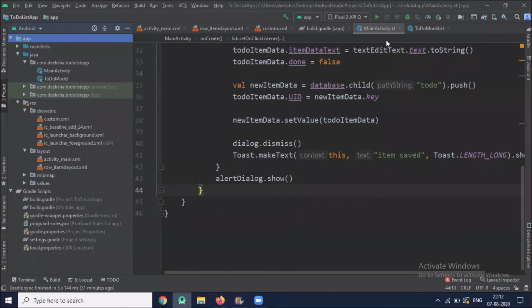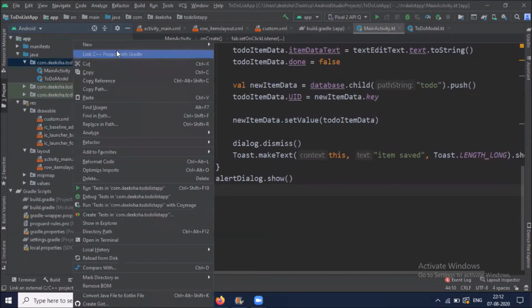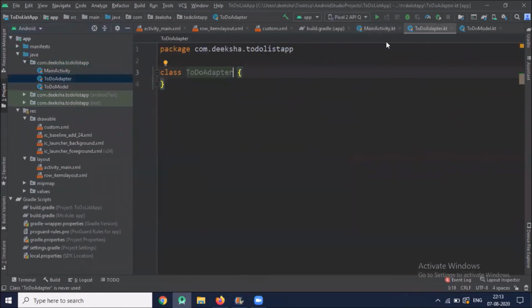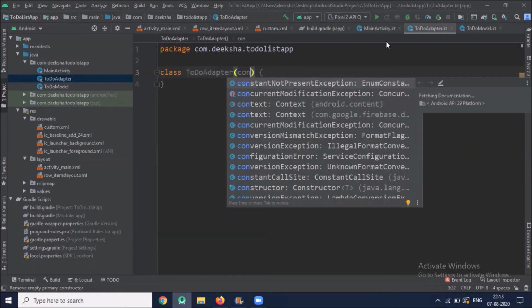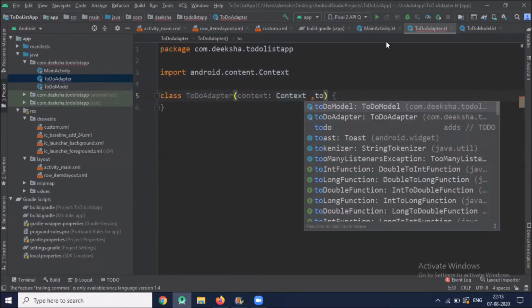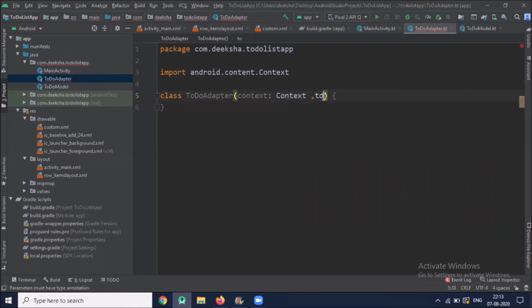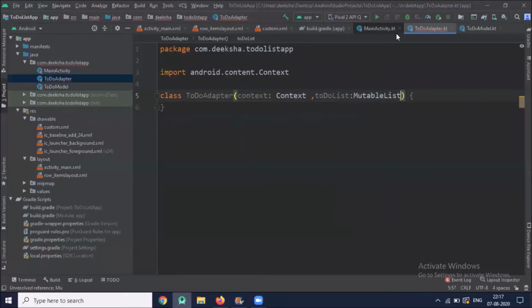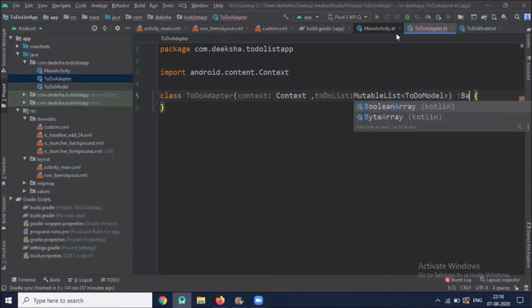Now we will create one adapter that will be used to display the data in list view. And now this class extends BaseAdapter.